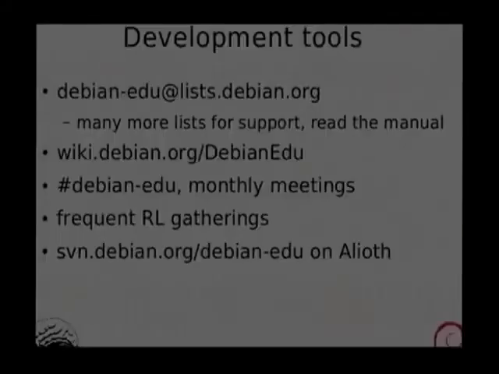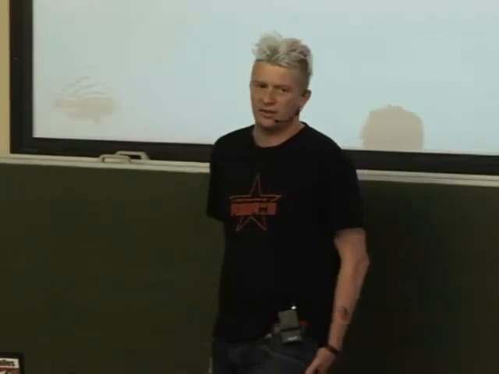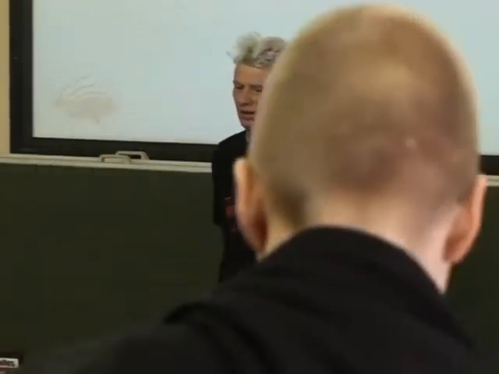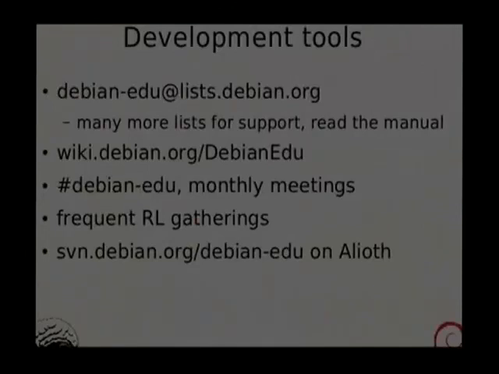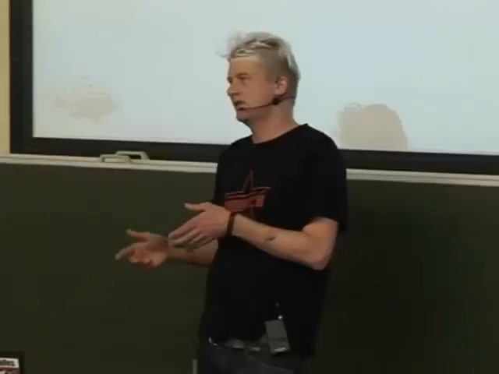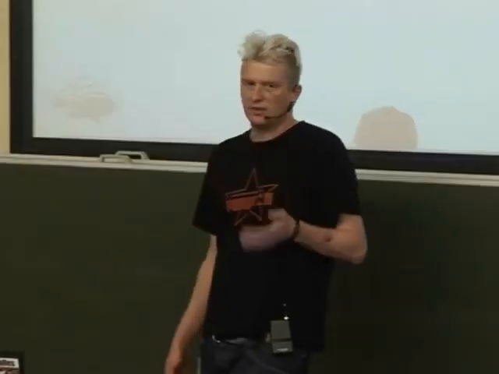Our main development tool is the mailing list. We have debian-edu at lists.debian.org as the development mailing list. There are many more support mailing lists in different local languages. And now there's also Debian Edu Announce, where we announce security updates and updated packages. We use wiki.debian.org for our development-centric pages. We also have localized wikis like wiki.skolelinux.de, which is the German wiki, and wiki.skolelinux.no, which is the Norwegian wiki. And we have an IRC channel where we do monthly IRC meetings regularly with summaries, and